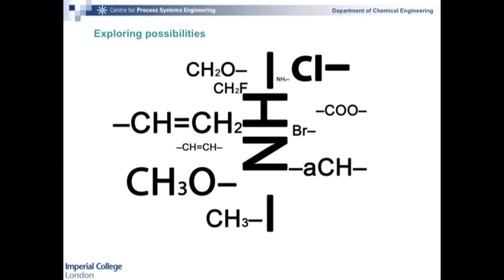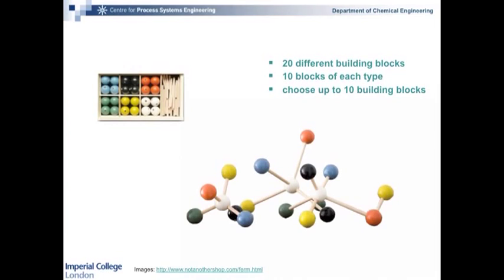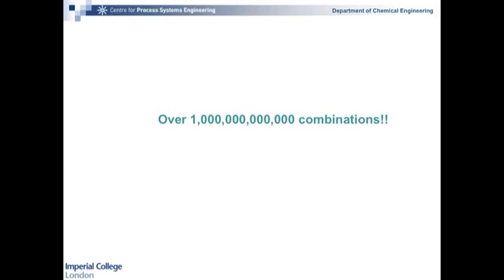Nevertheless, we like to explore possibilities in terms of molecules, and instead of trying one molecule at a time, what we're going to try and do is build molecules from building groups. So we're going to take atom groups and try to combine them to get to the best answer. How difficult is this? Well, let's take, for example, 20 different building blocks. And we're going to make a molecule which has up to 10 building blocks, and we can use 10 blocks of each type, let's say. So we can make a molecule with only one type of block. And so how many possibilities are there? This is a very basic approach. We're not looking at the chemical meaning of these entities, but there will be over 1 trillion combinations possible.